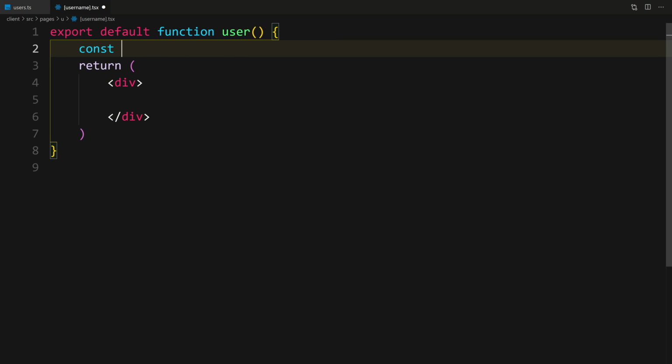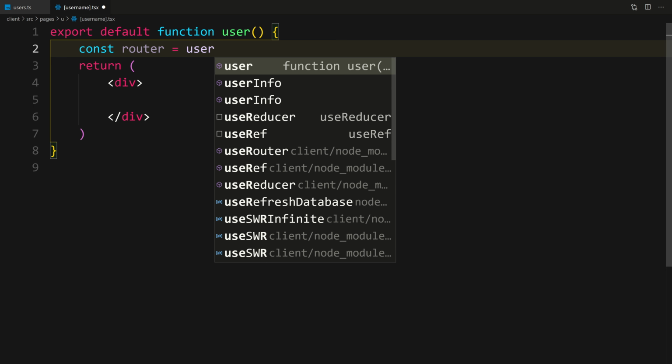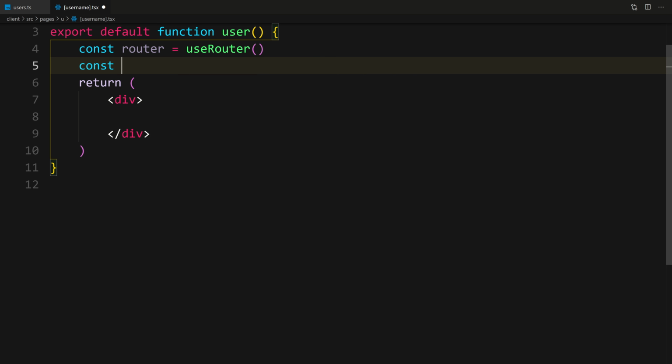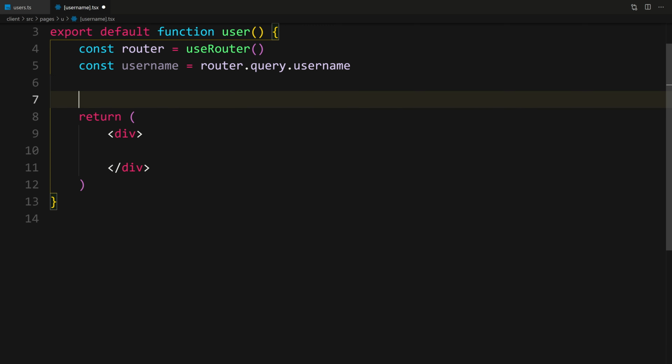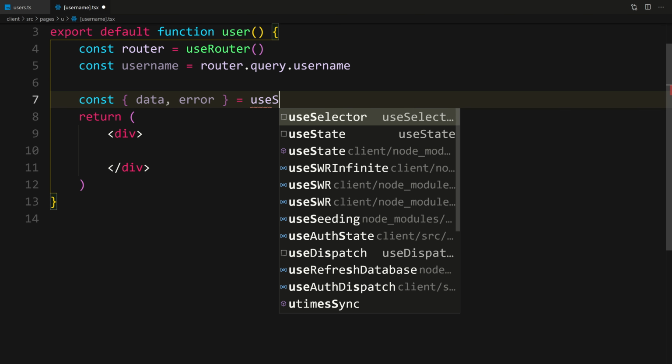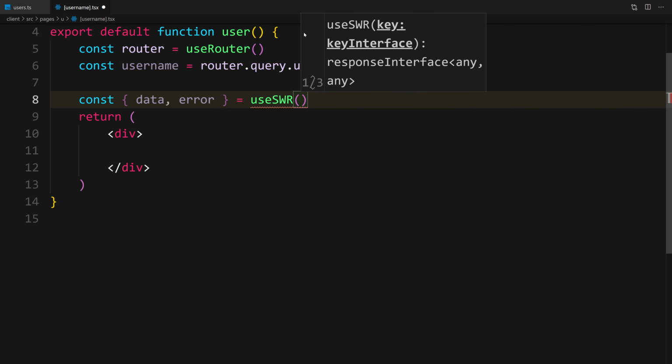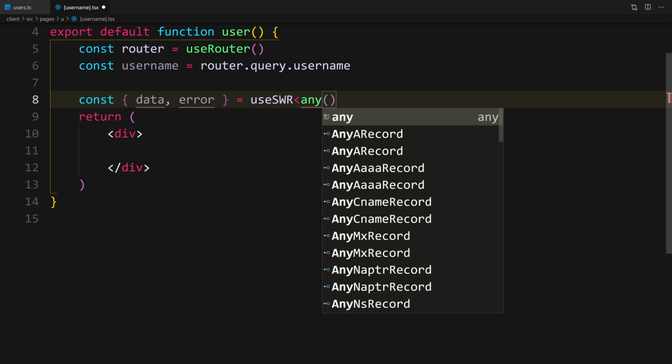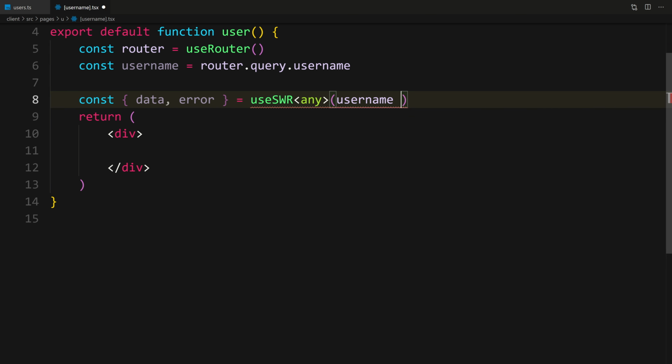So we'll say const router equals useRouter. And here we'll say const username. Since we just have one, we can just say router.query.username. So here, let's get the data. So const data, let's call it user. Or actually, no, the data has the user and the submission. So let's just get it as data right now. So data and error, if there is one, equals useSWR, and import that. Actually, let's give it a type of any, so it doesn't check anything. So here we'll say if username, then we're going to get, so do backticks